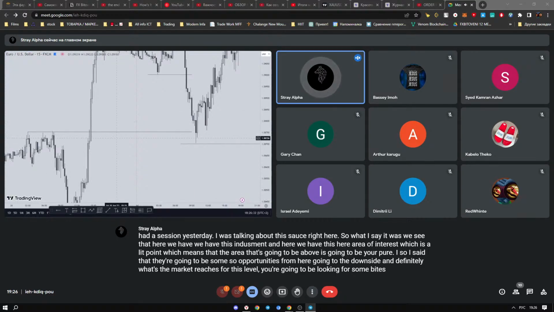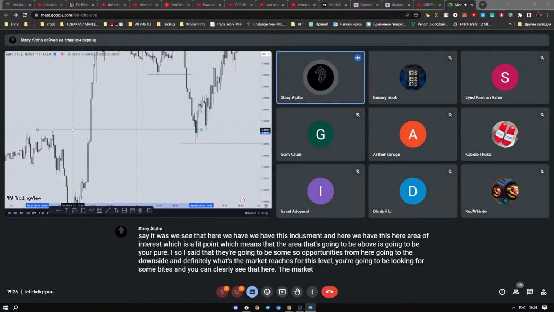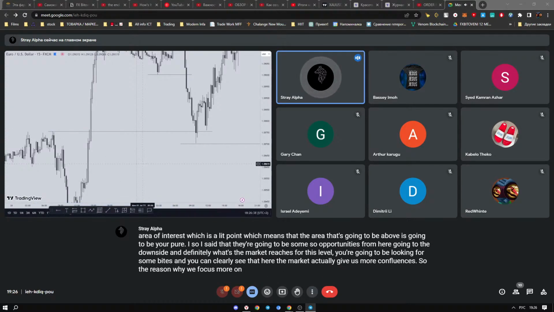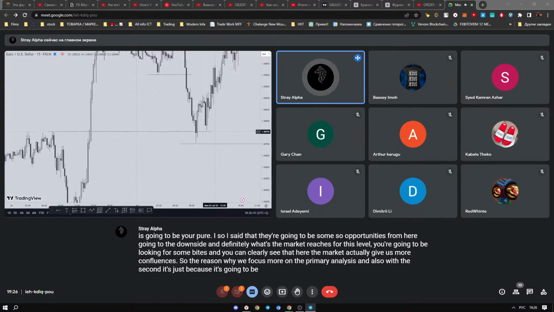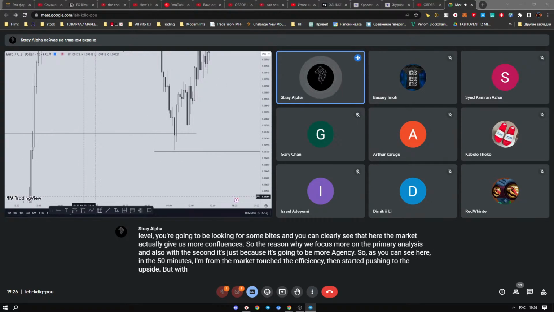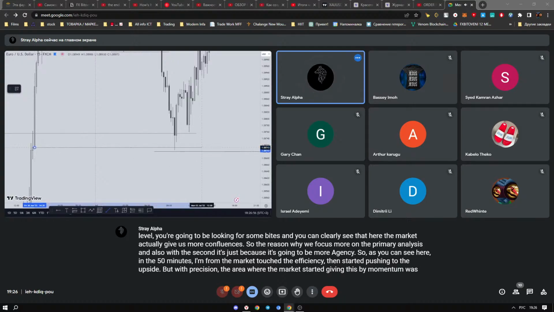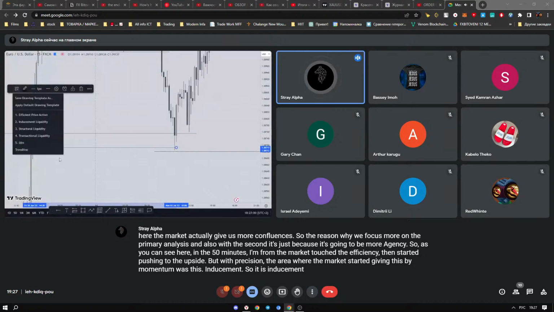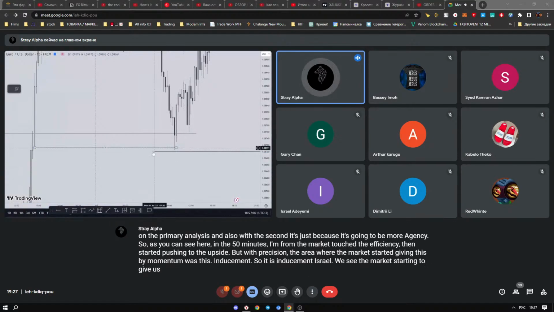And you can clearly see that here the market actually gave us more confluences. So the reason why we focus more on the primary analysis and also on the secondary analysis is just because it's going to bring more confluences. So as you can see here in the 50 minutes time frame, the market touched the efficiency, then it started pushing to the upside. But with precision, the area where the market started giving this buy momentum was this inducement. So at this inducement, that's where we see the market starting to give us some buy momentum. And after